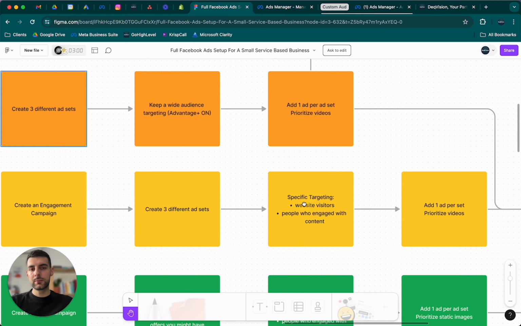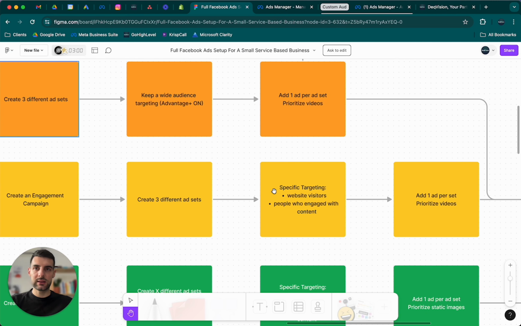If not, then you can just continue with the wide targeting. That is not a problem, but usually what happens is that if you use wide targeting again, it will show the ads to people who have not seen your awareness campaign. Or most of the time that's what will happen. And that means that even if people have seen your first ad, you have already built some authority in front of their eyes. Now when you show them the engagement campaign, they won't really know about you,